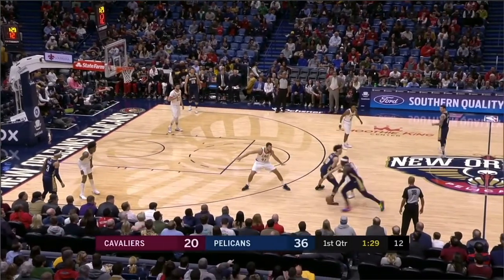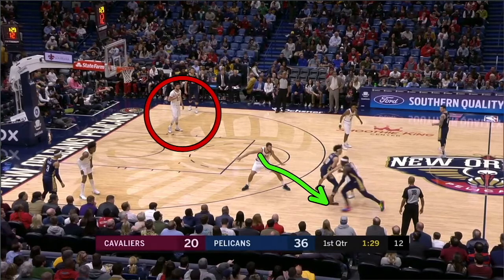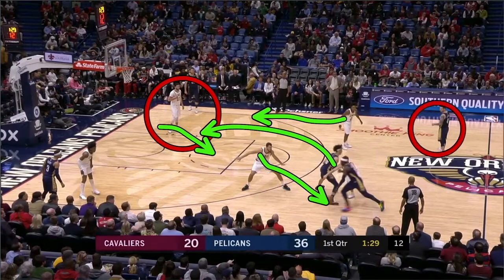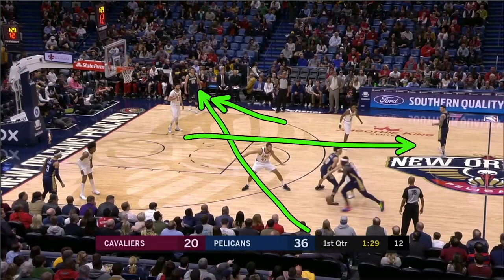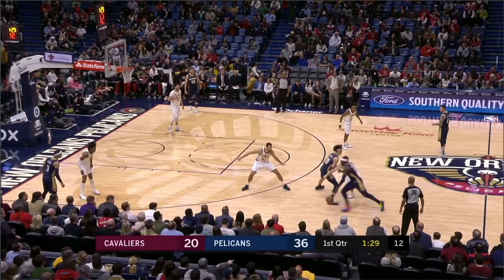So, again, just hedge this ball screen. Hedging, dropping high, you're almost hedging anyways. So you might as well just get all the way up and hedge, okay? Backside help comes right here for this Pelicans player's role. This player's going to sink down, okay? And he's going to occupy both of these Pelicans players, and if a skip pass is made all the way in the corner there, he just rotates there, and the backside defender just rotates up, okay? But you stop Drew Holiday's dribble all the way out here, okay?